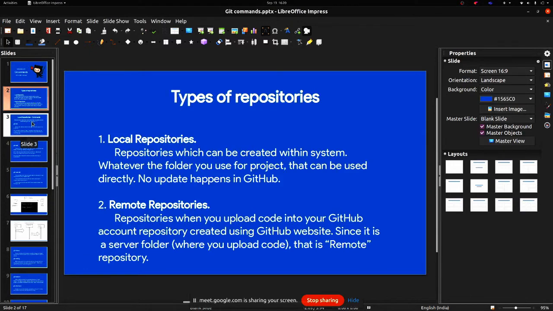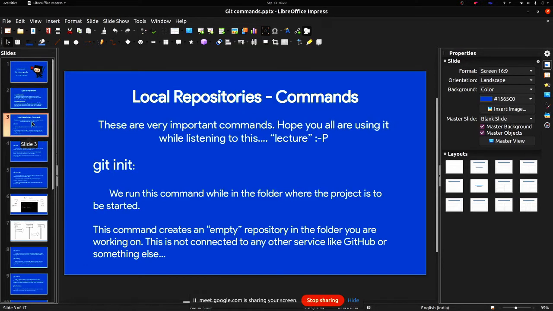A remote repository is where you have a server where you update all your code. We'll start with the local repository commands, where you don't need any server to work on. You don't use GitHub for local repositories because you have your own computer. These commands are very important, and I expect you to practice while doing this.